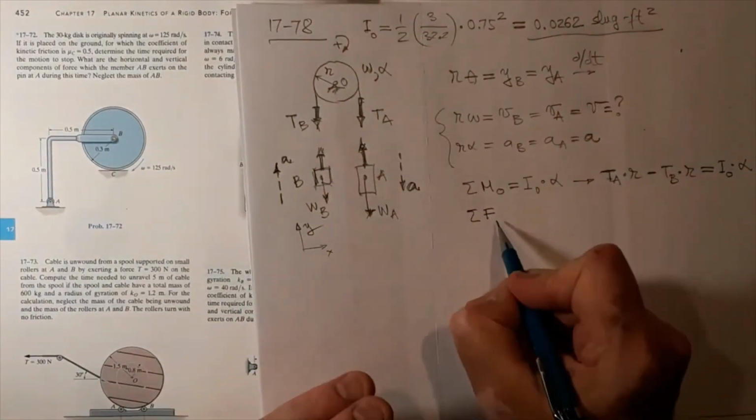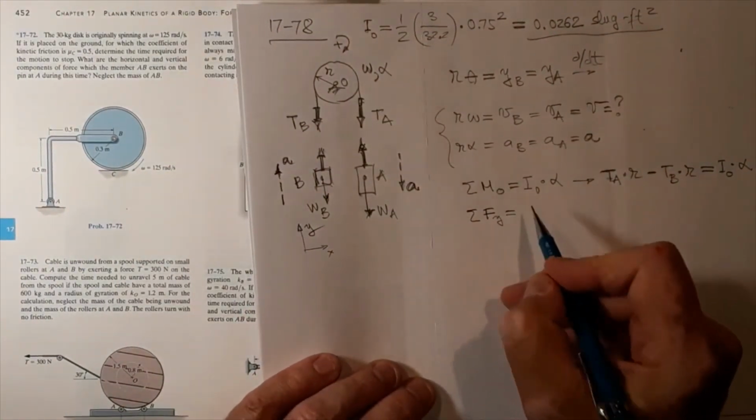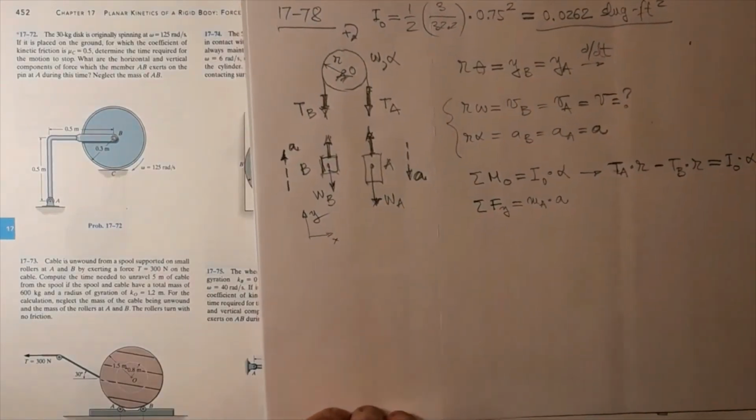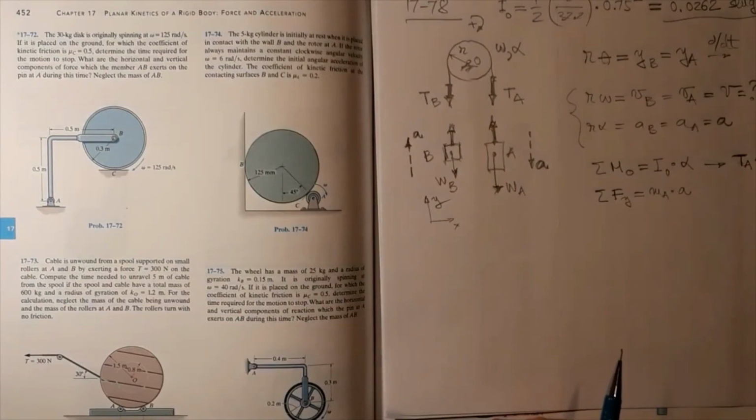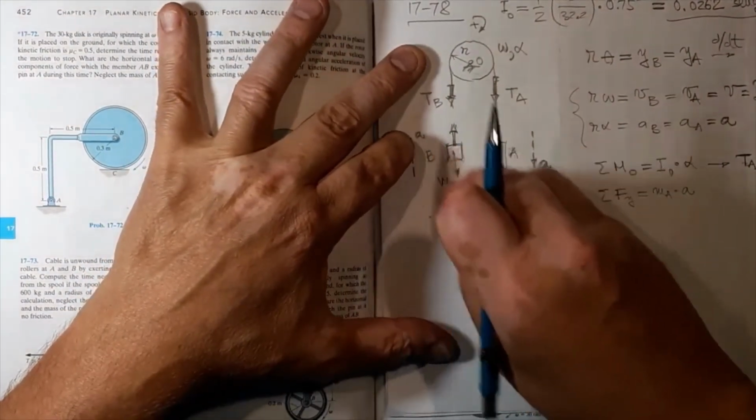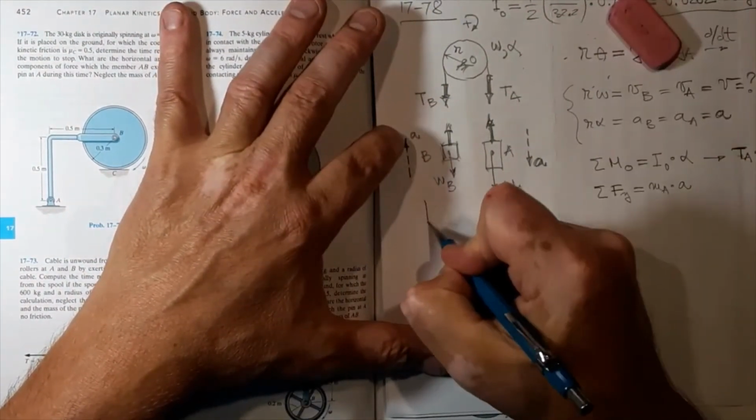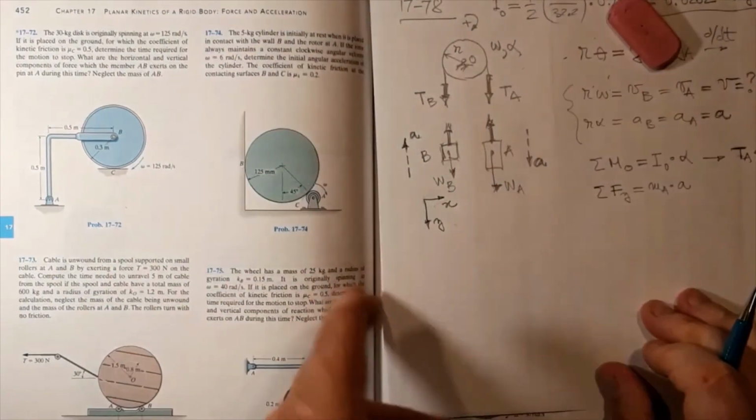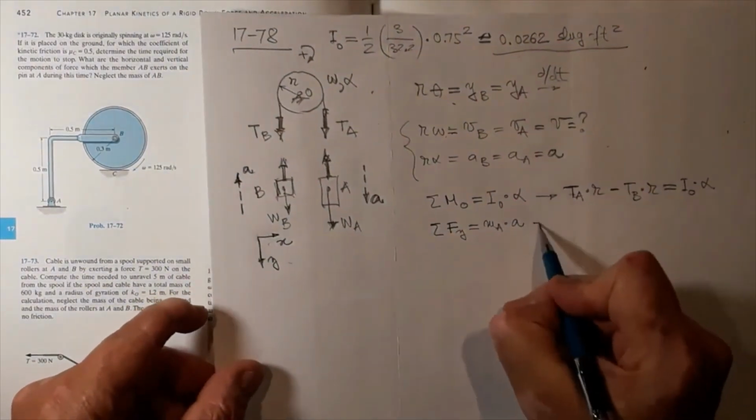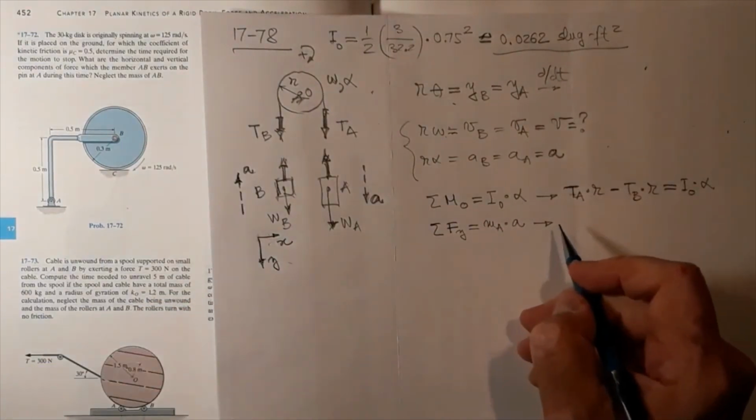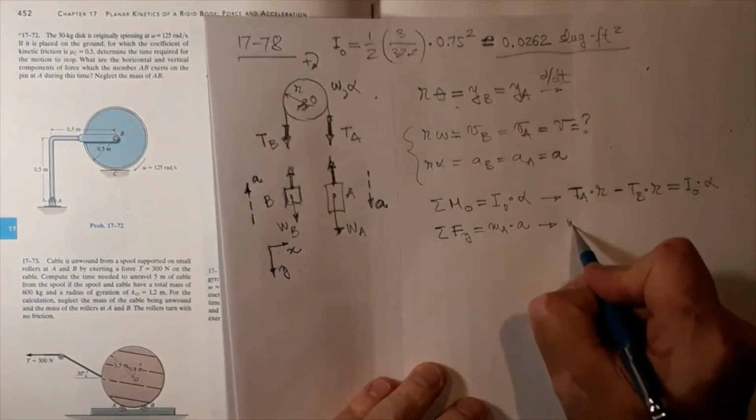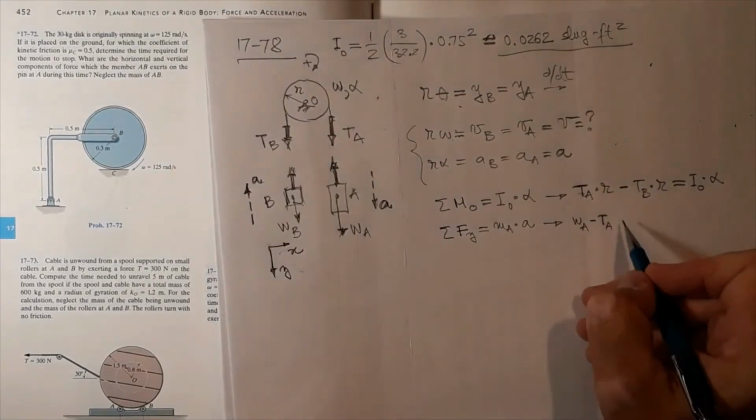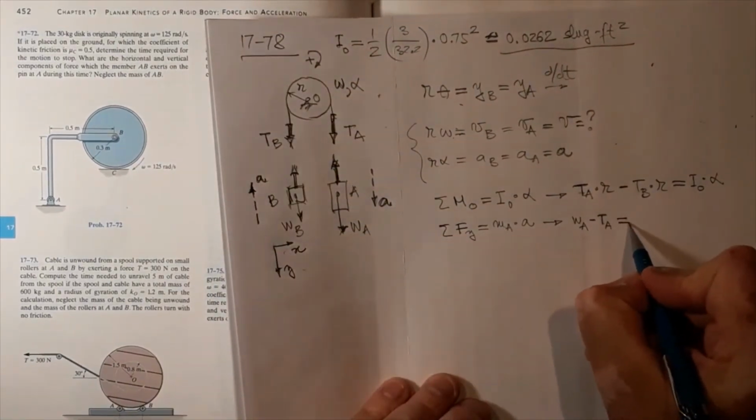Sum of forces in the y direction equals mass of A times acceleration. And, well, since we took clockwise positive, let's take downwards y positive. So what do we have? We have WA minus tension A equals